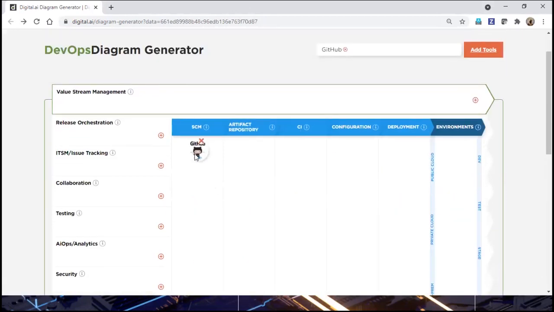See here, GitHub is added. Now I have developed, compiled, and built, so the application package is ready as a WAR file or an EAR file. I need to store it in an Artifactory, either JFrog or Nexus or whatever. What is the purpose?